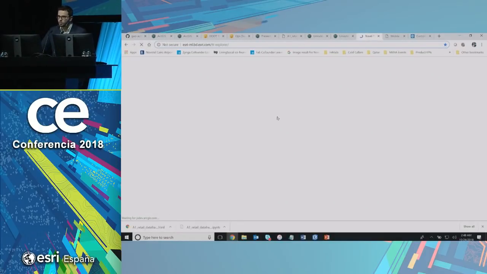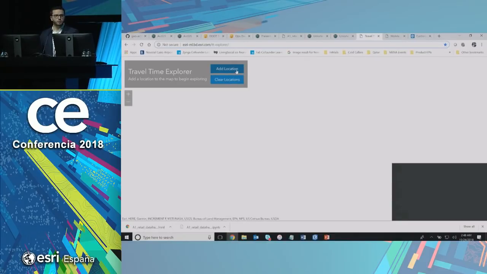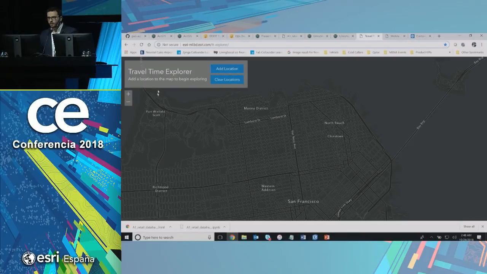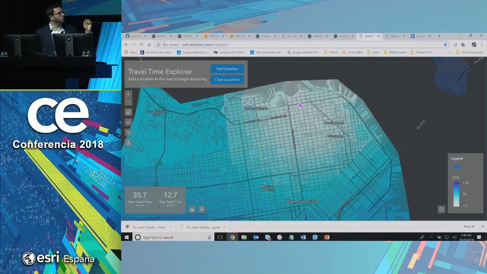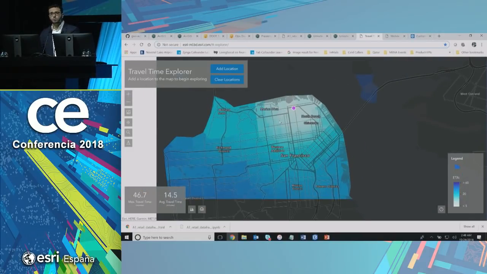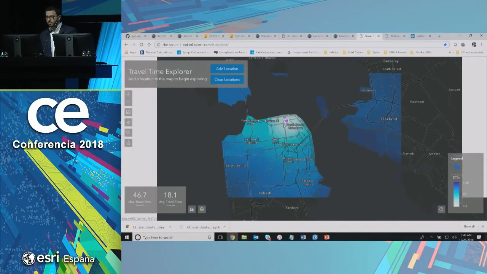Refresh that to ensure you have a recent version. So the idea of this is to do this really fast. This application uses a deep neural network to predict the arrival times. We want to click, like what we have clicked here, and quickly understand, in under 1 second, how much time it is going to take people to come from all of those places to this store location, for example.